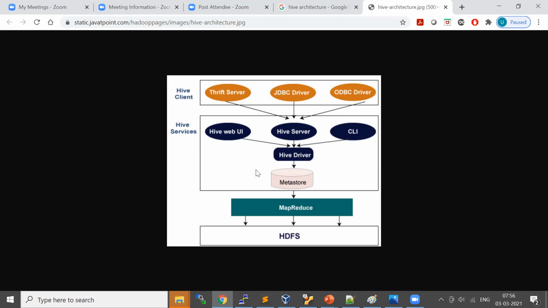So the essential components in Hive are the Hive driver and Metastore. So you understood what these two components do in Hive, right? Just let me know if you have any questions, because this is the base for your Hive installation.